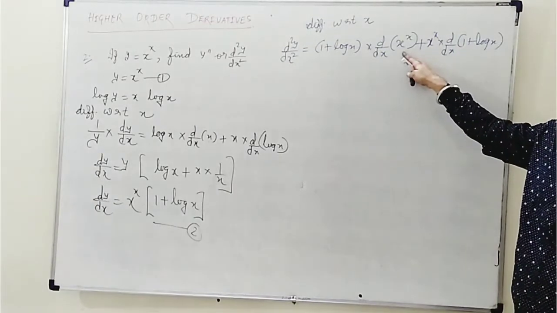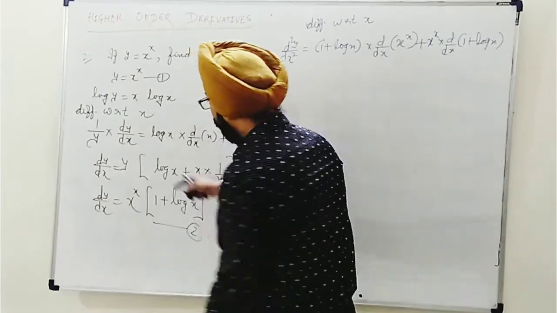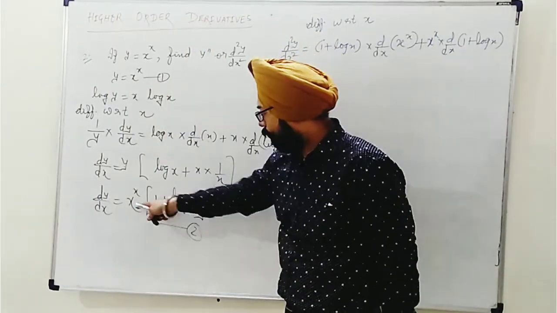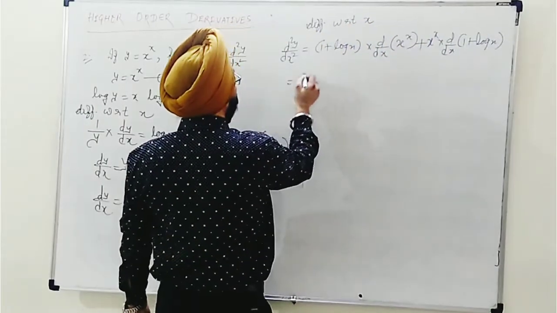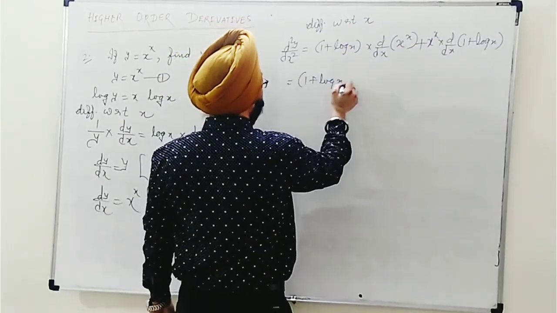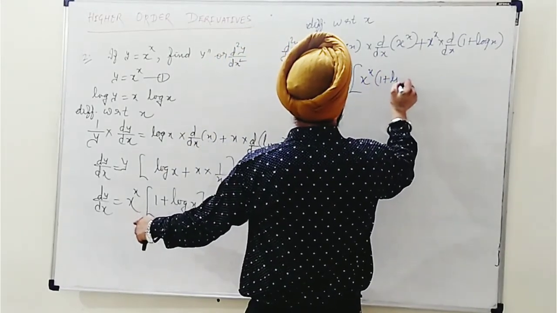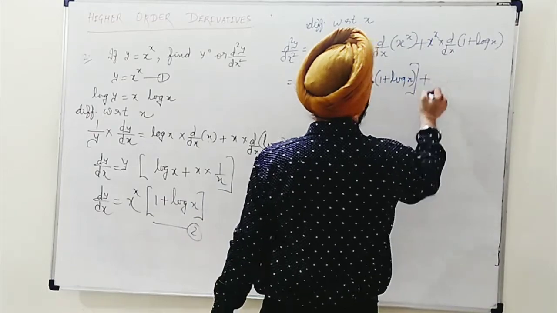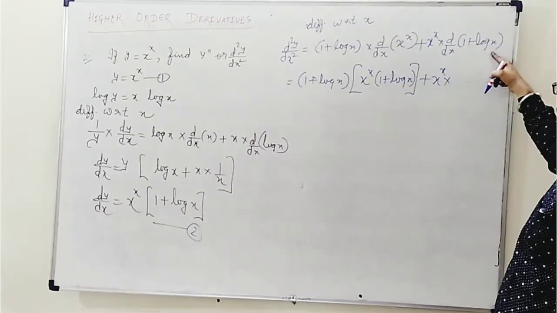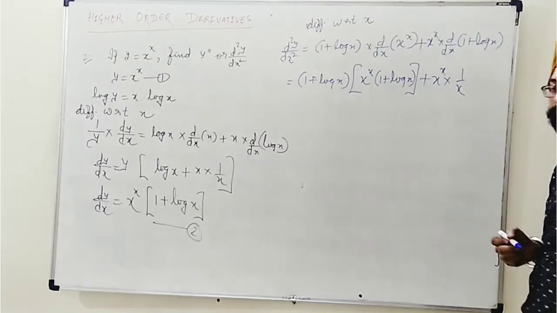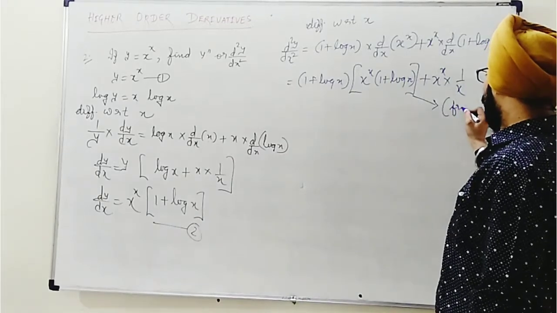But differentiation of x to the power x we have seen earlier. Okay, so this is the differentiation. You could see y was x to the power x. So this whole we will put directly, no need to show it as a separate function. So we will put here x to the power x and 1 plus log x. Here 1 will turn 0 and log x will be 1 upon x. This thing you can write here from 2.